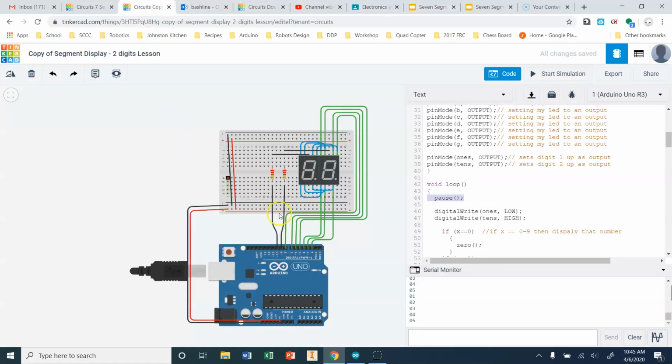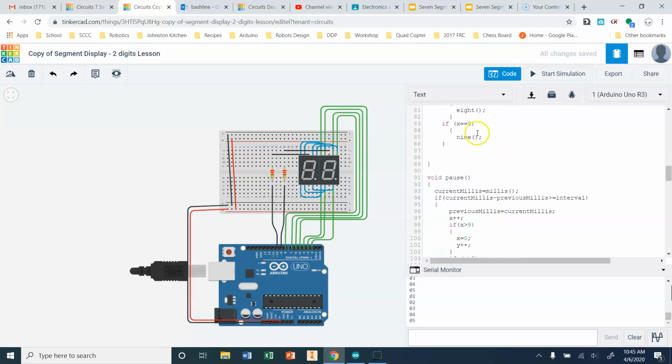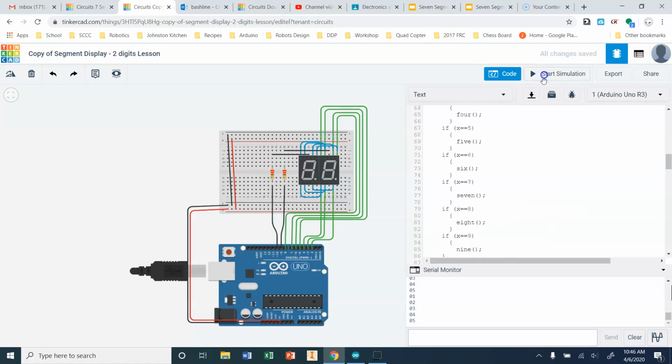So when we come back to mine, here I'm going to get rid of this. I'm calling my number, that's all of these if X is equal to's. Then I'm going to delay, but in this case it's a pause, because I'm using blink without delay, and then I'm going to reset, something like that. Now when I start my simulation,